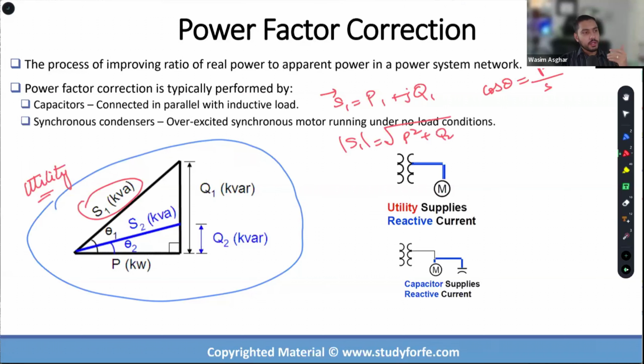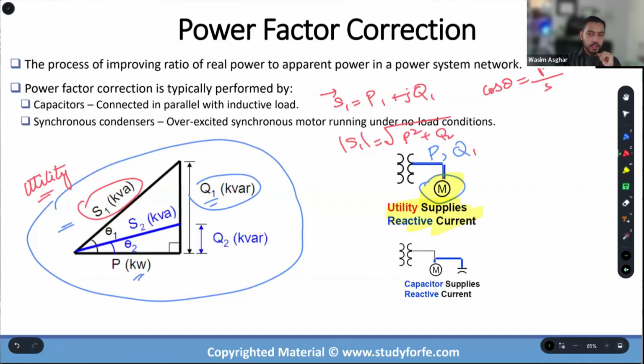But I want us to understand it not strictly from the standpoint of the equations, but also apply it properly, right? So we are asking the utility to provide us this much power, which we are going to break down into the real power and the reactive power, right? So the automotive industry, heavy industry has a lot of motors, and you are demanding more or less the same amount of real power as you are demanding reactive power. So what ends up happening is that your power factor is poor, right? So you almost have exclusively motor loads, right? So the utility is providing P for your real power needs and Q1 for your reactive